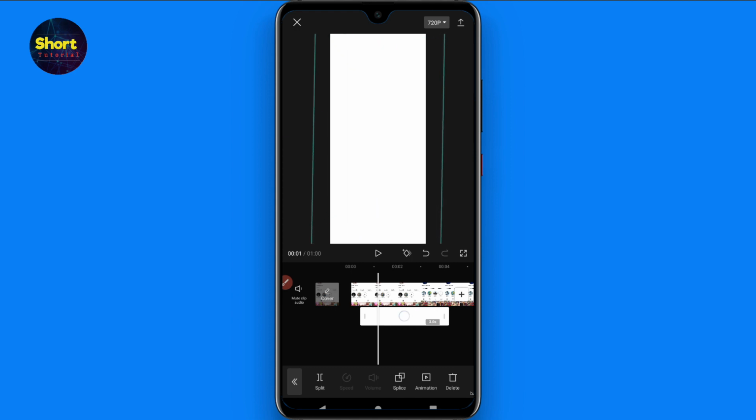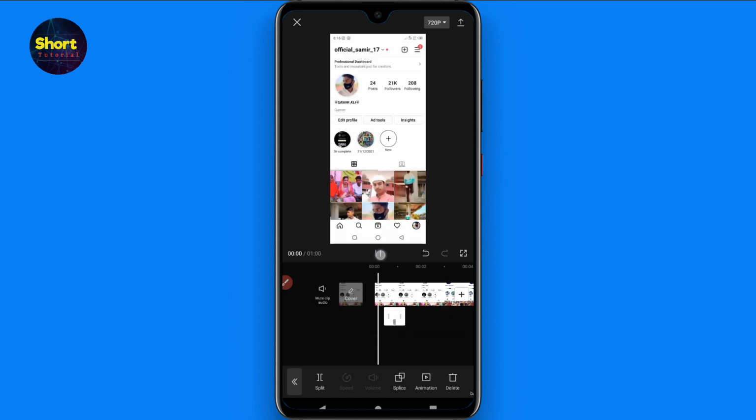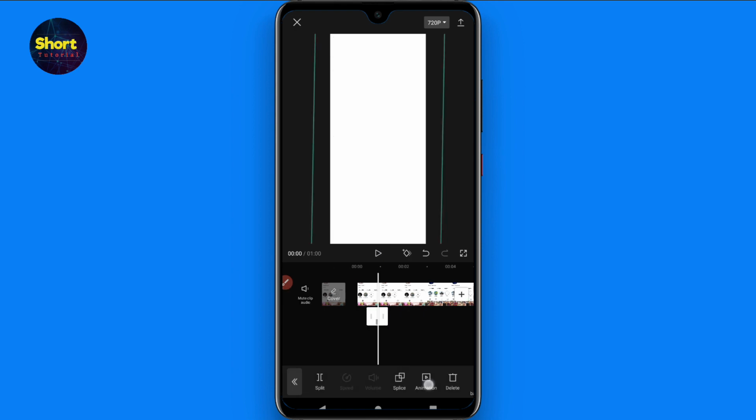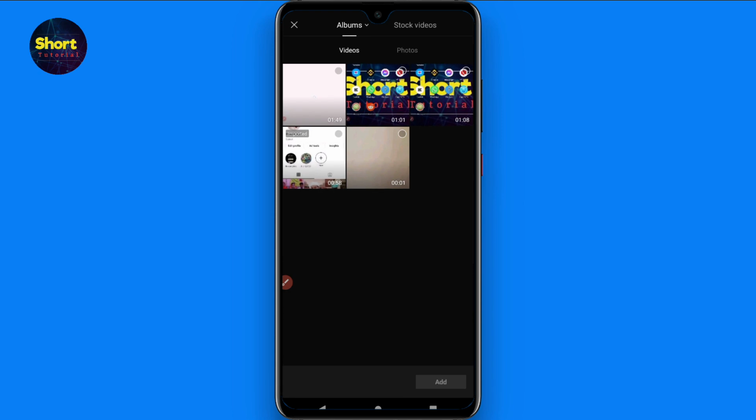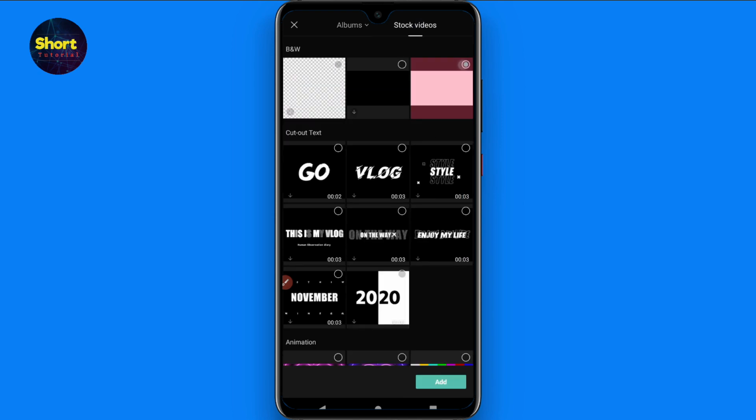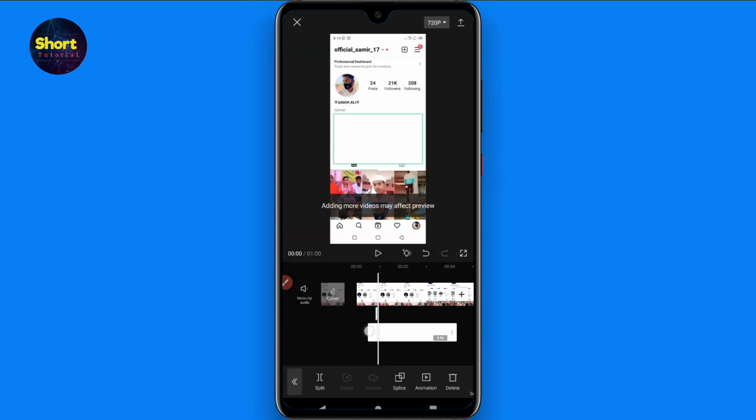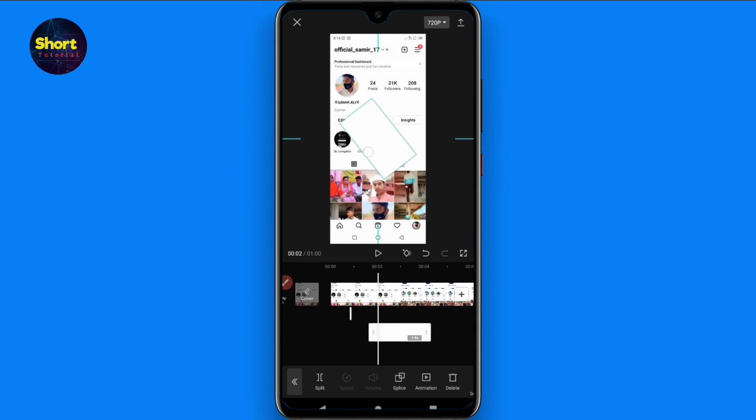Once you do it, now select this overlay and make it smaller. Now again, you just have to copy it, or you can again click on the add overlay and follow the same procedure again. Click on the add, adjust it on the whole screen